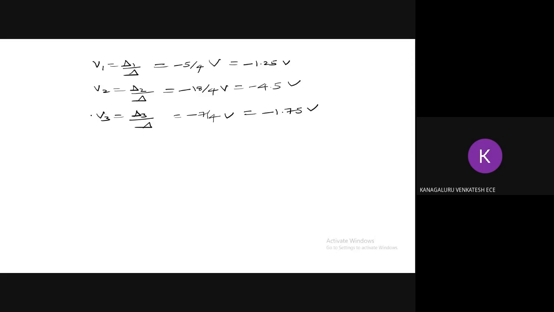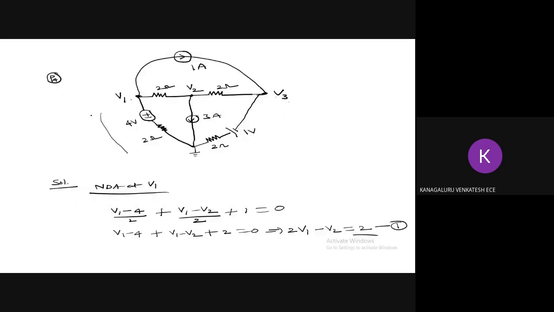Now one more question I asked. This you are supposed to think and tell. What is the voltage across the 1 ampere current source? Since I don't know the voltage across the 1 ampere current source, I'll assume an unknown voltage Vx. Voltage across 1 ampere is, I'll just assume it as Vx, unknown value. Now your wish, sir, how we are going to apply KVL, it's up to you. Either you can go in this loop.